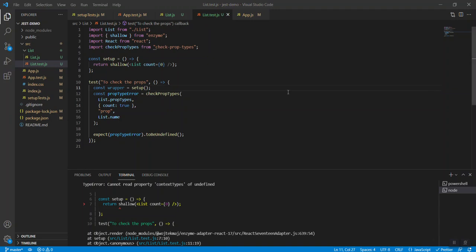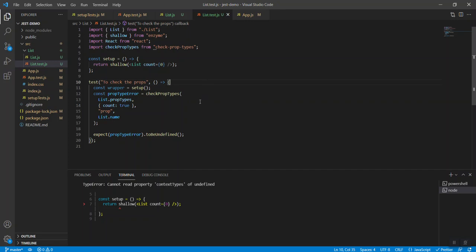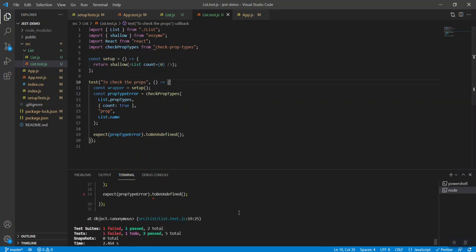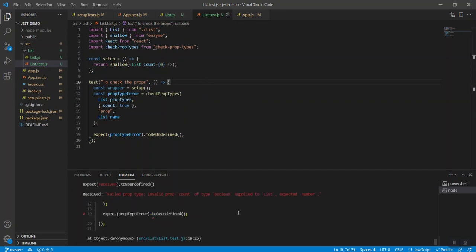Okay. The error is that we imported the functional component like this, but it actually wants to be imported as a component. So now, if we import the list component, and now if you see the test case,